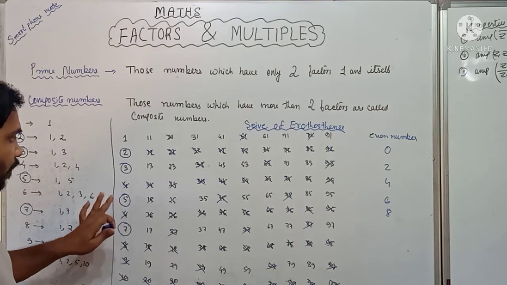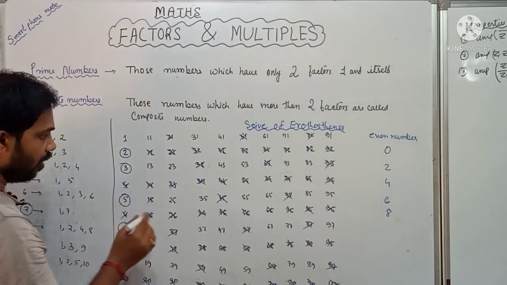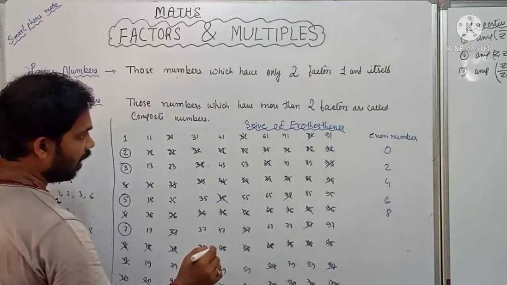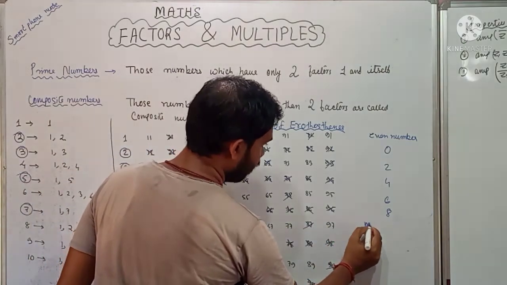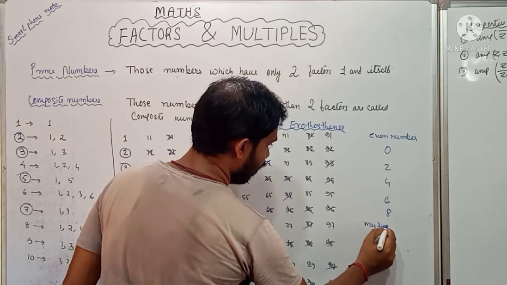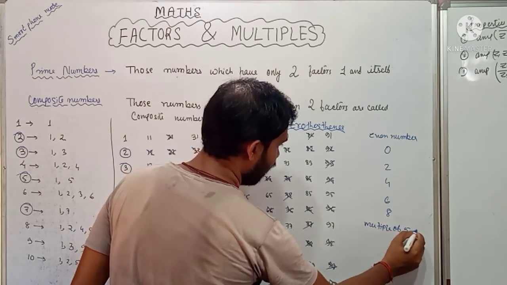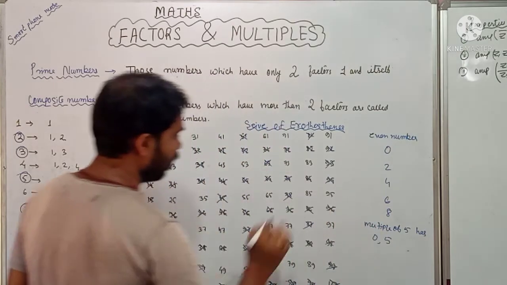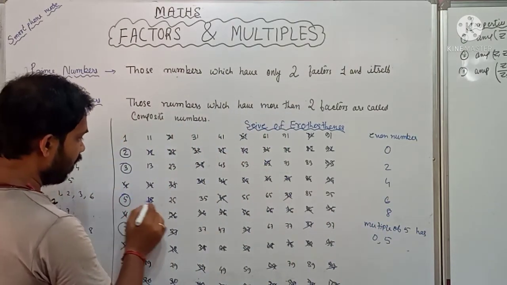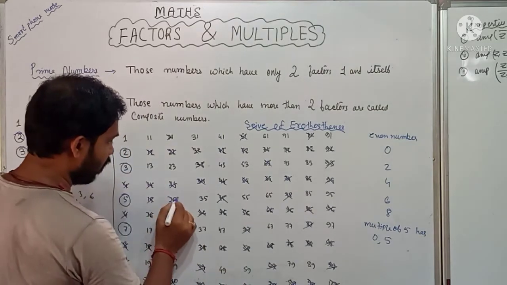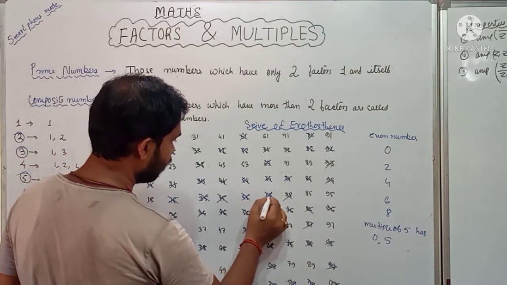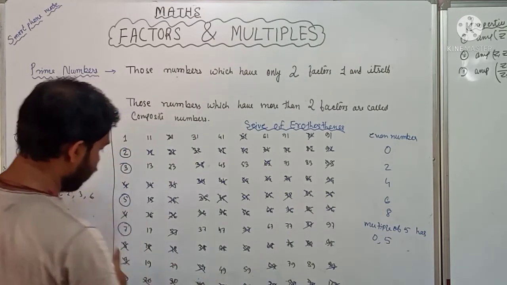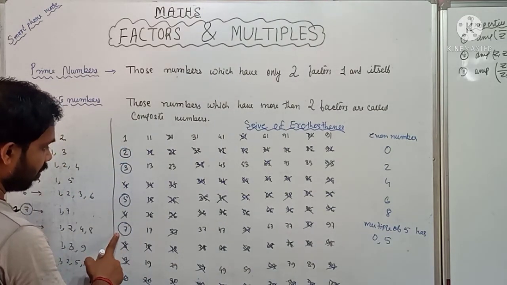Now let's see 5. So which number is divisible by 5? The number which has 5 in the unit place. You see those numbers which have 5 and 0 in the unit place are multiples of 5. Which are the multiples of 5? Those numbers which have 0 and 5 in the unit place. So you see, in one line only they are present. So we'll cut out all those numbers.